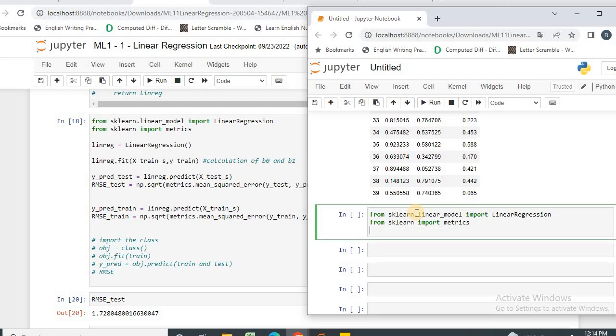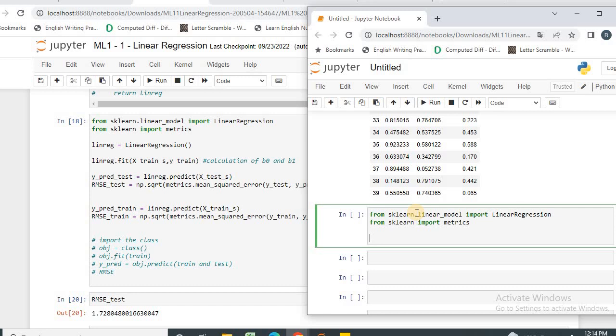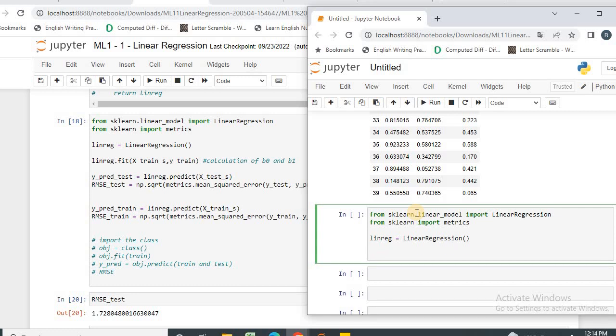Okay, now reg equal to LinearRegression. linear_reg.fit(x_train_s, y_train). Okay,